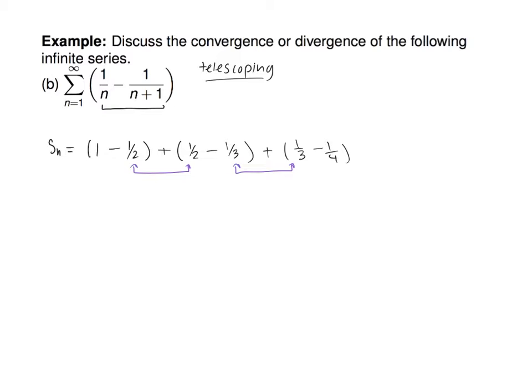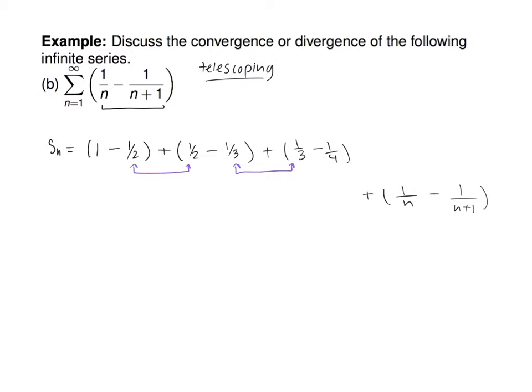If we're finding an expression for Sn, n is the last thing we plug in. So at the end of my partial sum, I have 1 over n minus 1 over n plus 1. One of those terms is going to cancel. It's just not completely clear which one. I think it's going to be the 1 over n. It is, but let's verify that with an actual argument, okay? First of all, is everyone okay that the last thing you do is plug in n and that gives you that?